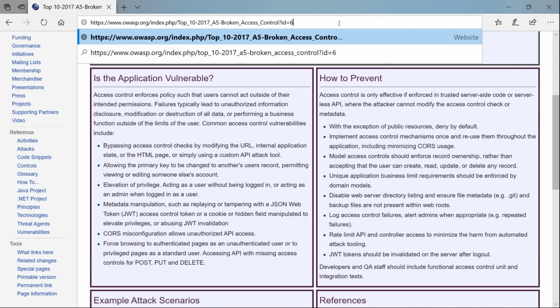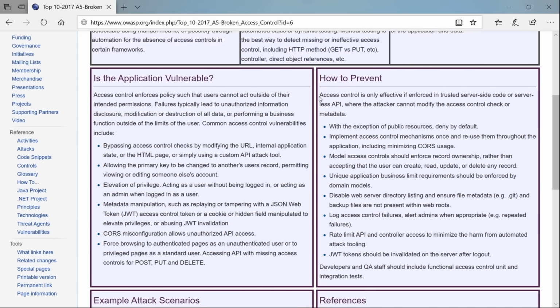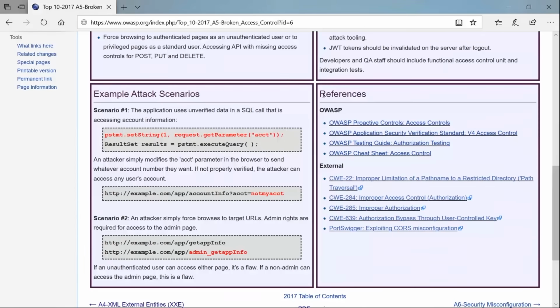kind of understand how to prevent. So everything's a little bit different depending on the vulnerability and how you should prevent it. But what it boils down to is that you need to ensure that your users do not have access to anything that they should not, right? So let's go ahead and take a look in the next video at an example, but I want you to read over this, get familiar with it, be able to understand in an interview,